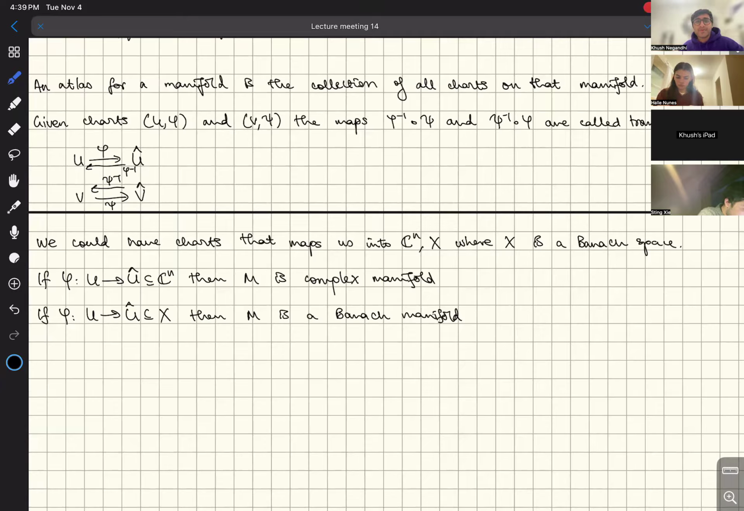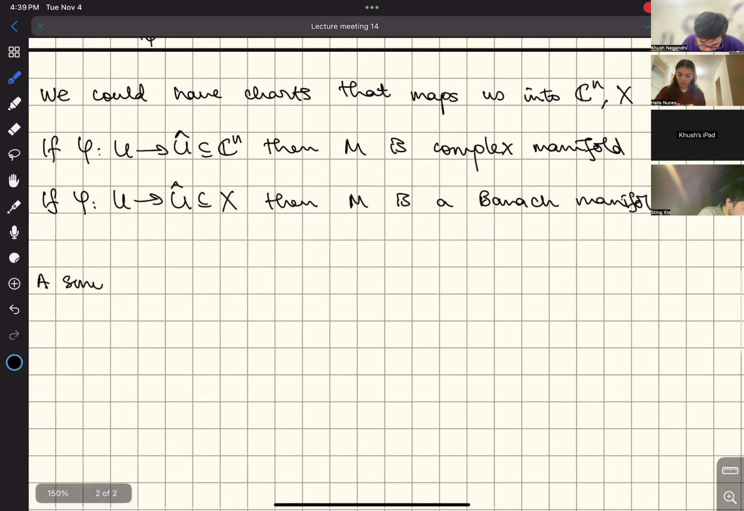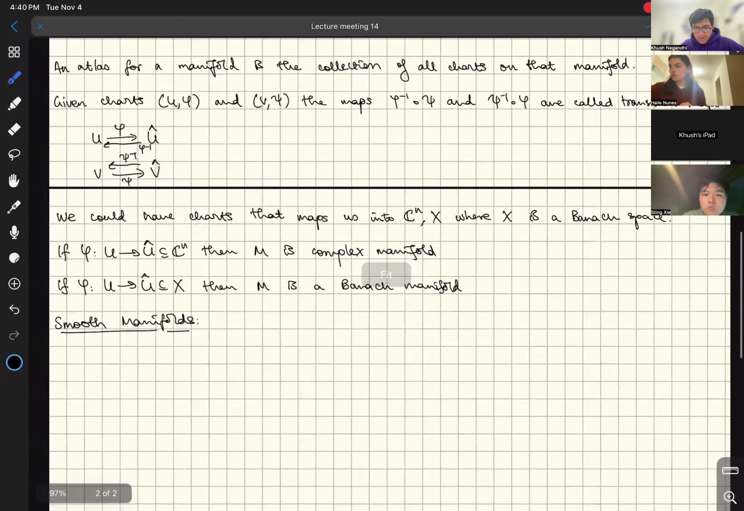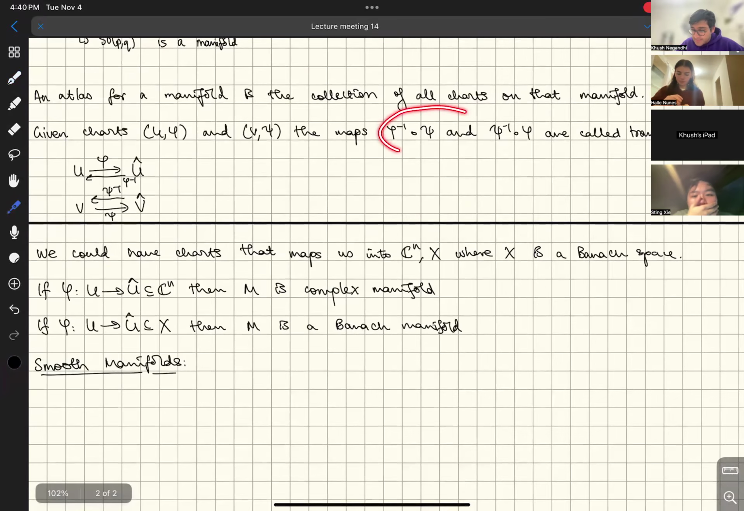To do this, we're going to introduce the idea of a smooth manifold. So a smooth manifold. Okay, let's make a heading here: Smooth manifold. Okay. So the way we're going to define a smooth manifold is we're going to look at these transition maps,